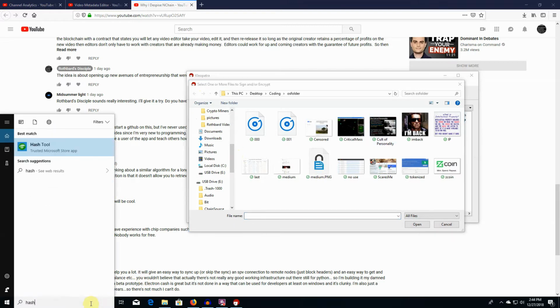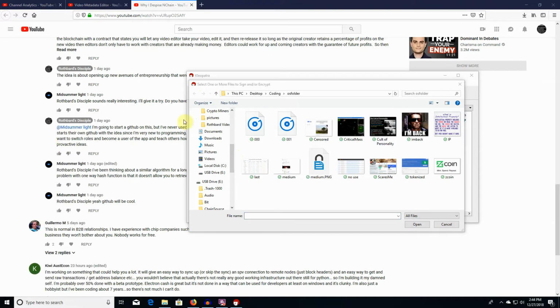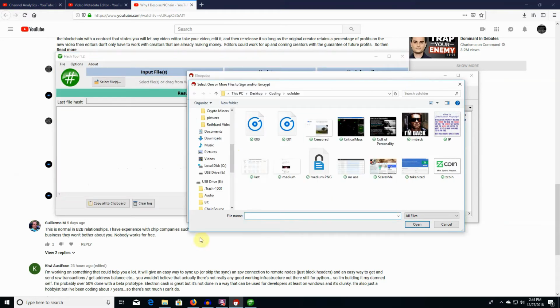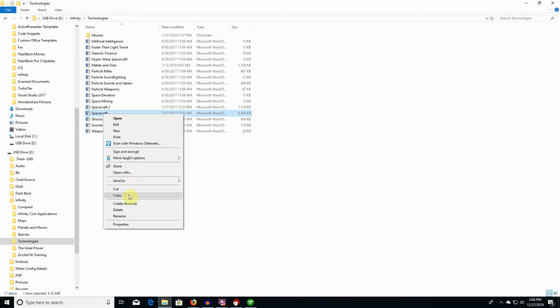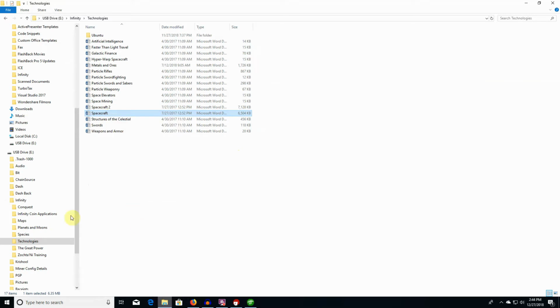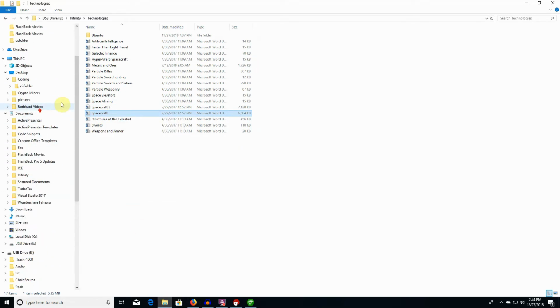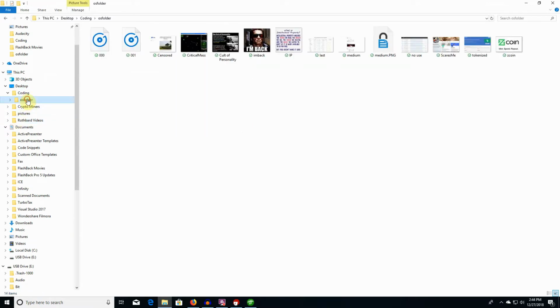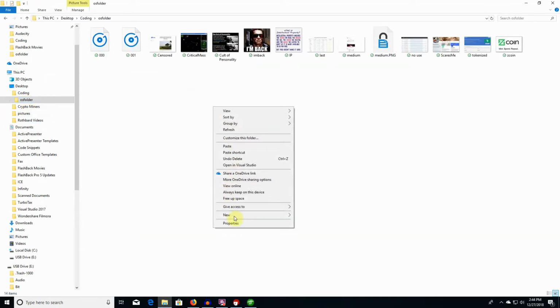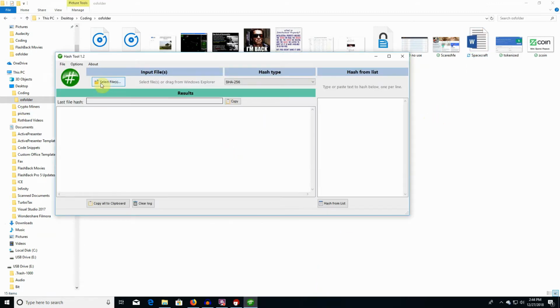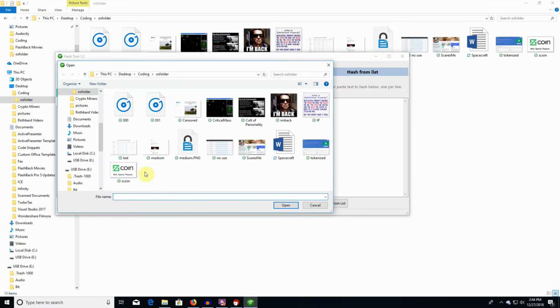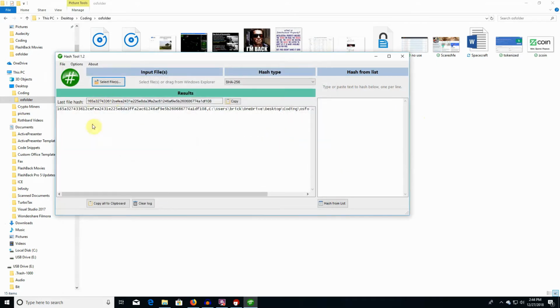The reason why you need PGP is because if we take something, I'm actually going to copy this and move it somewhere else, just because I don't want to mess with my actual folder here. I'll just put it here in the OS folder because that's what I had opened up before. If I paste this here, let's look at this. I'm going to hash this file first, right? The reason I want to show you the hash of this file is this is what you would put on the blockchain. Now the problem is,